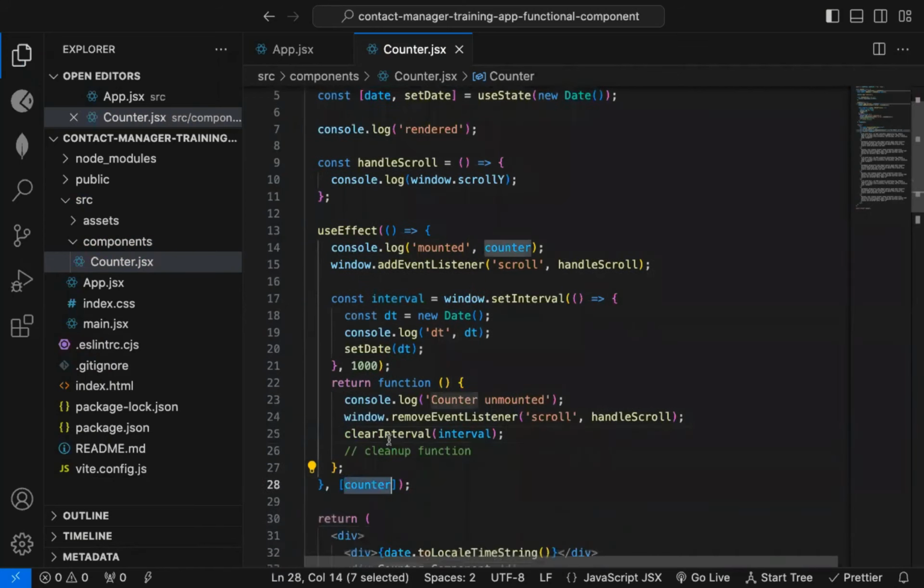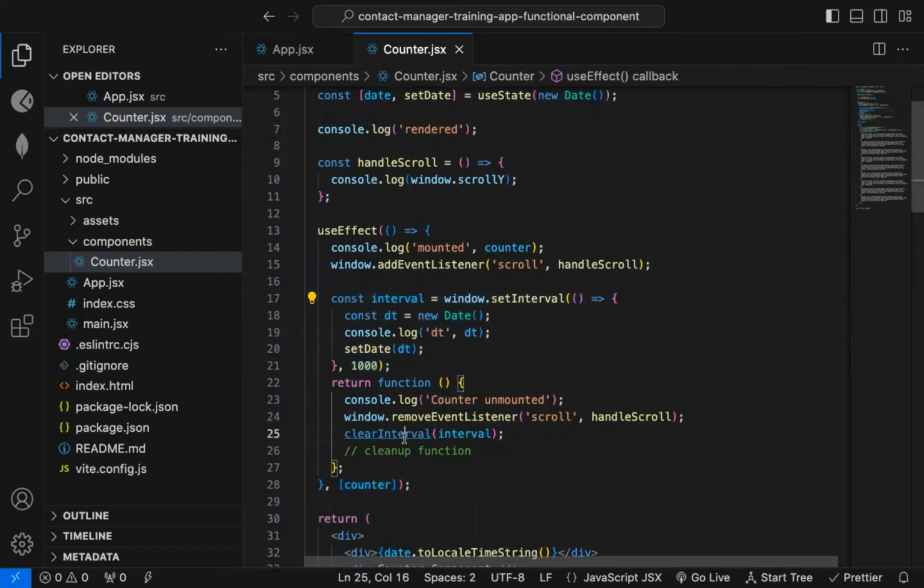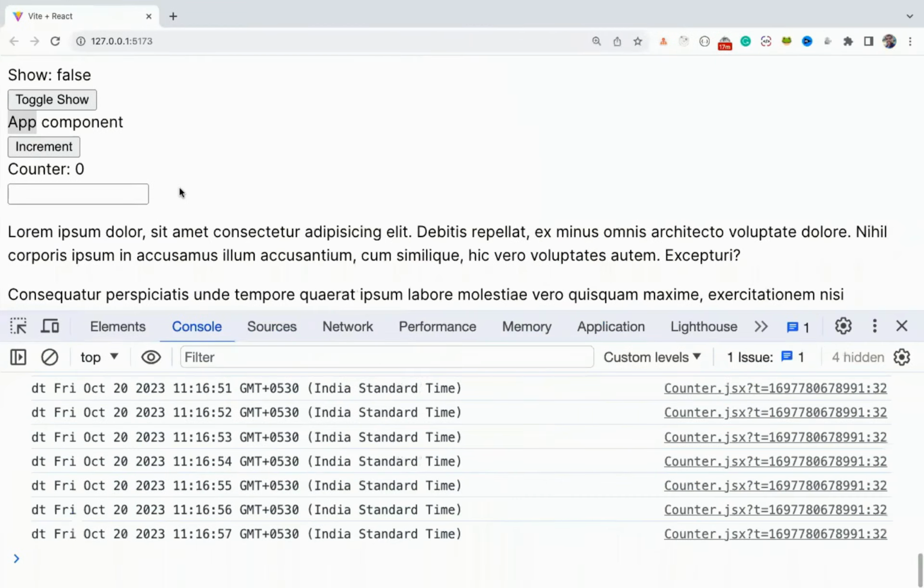Now every time counter changes, or first time itself, when you add that event listener, setInterval, every time you are setting that interval, you are setting that state, so you will get the updated value. And here you are clearing. So before counter changes, you are clearing that and then again you are adding. So if I don't do this, let me show you,